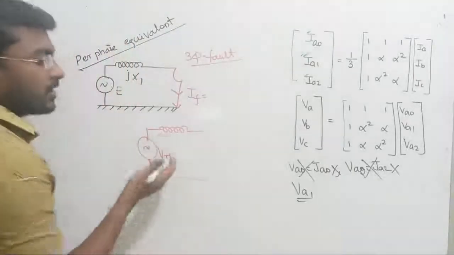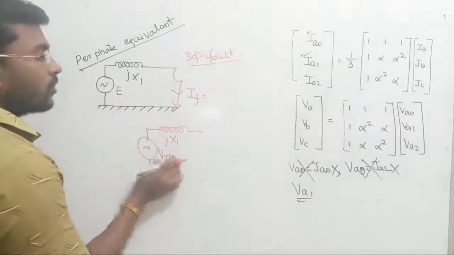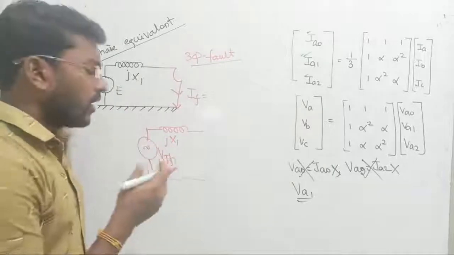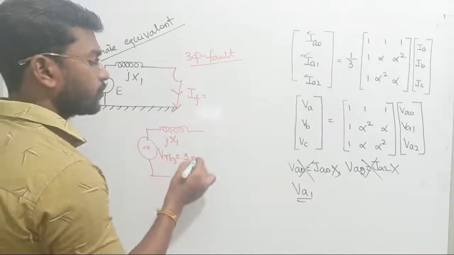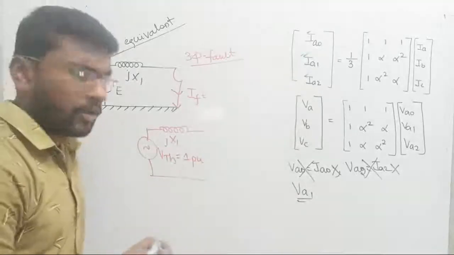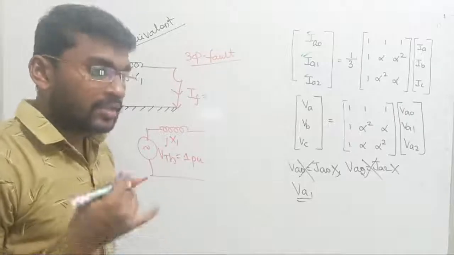So XTH, the Thevenin reactance, is the positive reactance here. We are going to consider only positive reactance. Thevenin voltage is the field voltage. That will become the rated voltage, right? So this voltage will always be equal to 1 in per unit. 1 in per unit. Don't forget, I am repeating once again. This is called the rated voltage, right? I only told you we are considering, if we fault